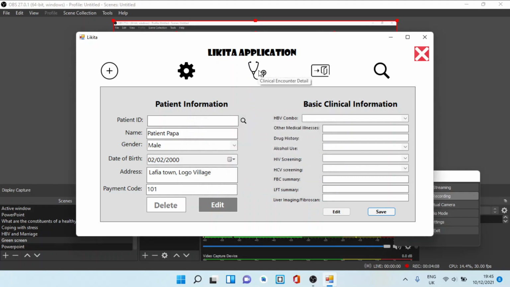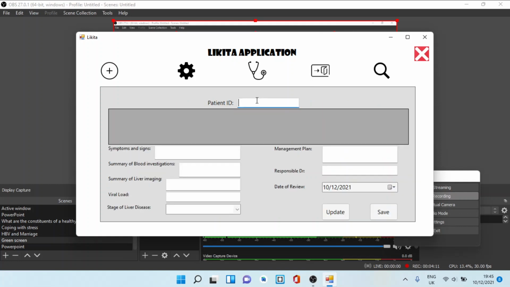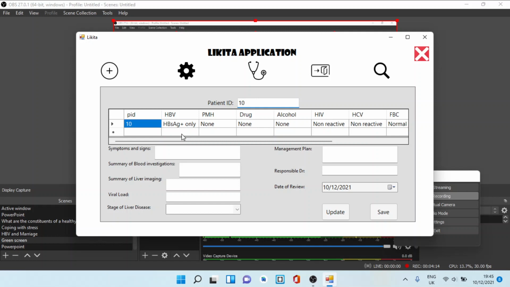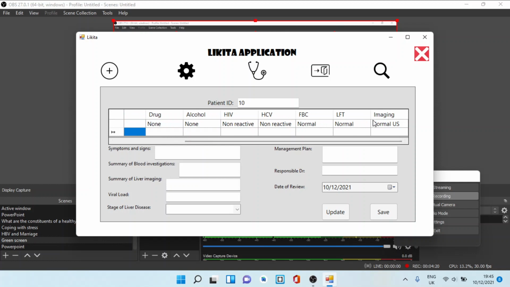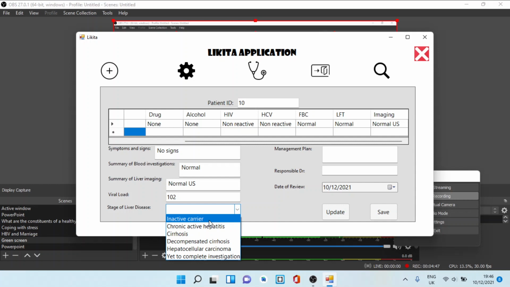Remember number 10, come on to here, put number 10, and remember him, he has positive and no other significant medical problems, and this is a summary of what you put in here. And then you examine him as a doctor, no signs, okay, normal blood test we said, normal ultrasound scan, and then you may have performed viral load and you found that it's very low, maybe 102, so it qualifies for inactive carrier. Management plan is to monitor